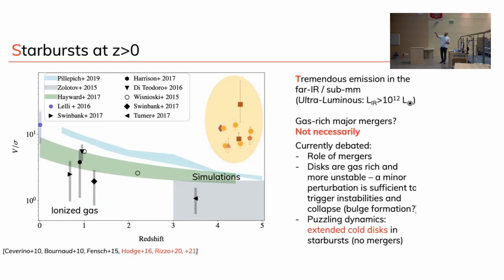Now, these are just a few, and we do need to fill in this gap. This is based on observations of the C+, so ionized carbon, which is a very bright line. It's great because it probes some colder phases of your ISM. What colder phase means is probably some molecular phase, definitely neutral phase, which is definitely colder than the typical observations you can have with H alpha or oxygen III, which is what we were limited to around redshift 1 to 3. Here, there are quite some more measurements. But now the point is trying to figure out what happens when we look at cold gas here.